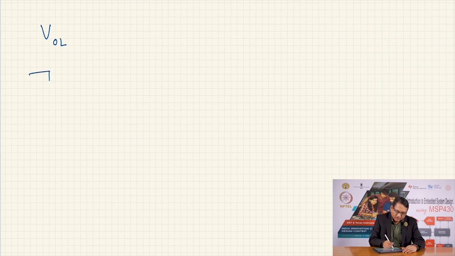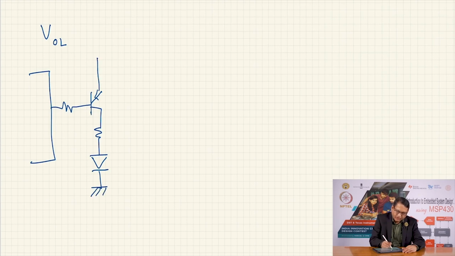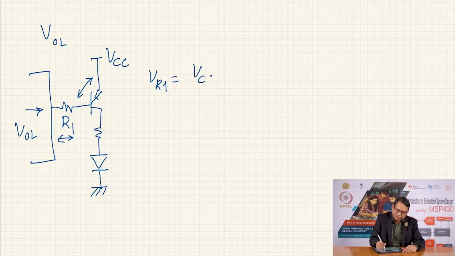So, let me draw this schematic. Here is my resistor, here is my PNP transistor, here is my resistor and my LED, and we want to estimate the value of this resistance, which is R1. This voltage here from the microcontroller is VOL, this voltage is Vc, the voltage drop here is VBE sat, and therefore, the voltage across resistance VR1 is equal to VCC minus